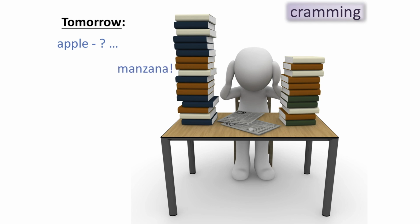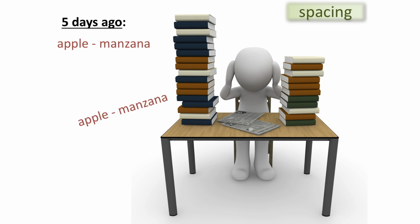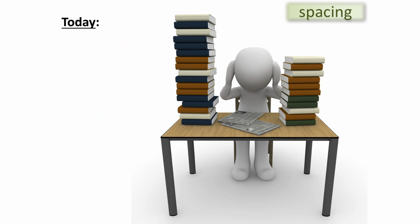But if you still want or need to know that material after you've been tested, like if you happen to enjoy the material and want to retain it, or to be more pragmatic, if the same topics will come up again on a final exam, then cramming is not the right approach. Instead, you should take advantage of the spacing effect, which is what scientists who study learning and memory have named the idea that adding breaks in between repeatedly studying the same or similar information ends up improving your long-term recall